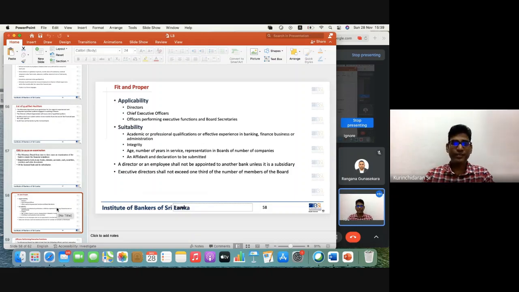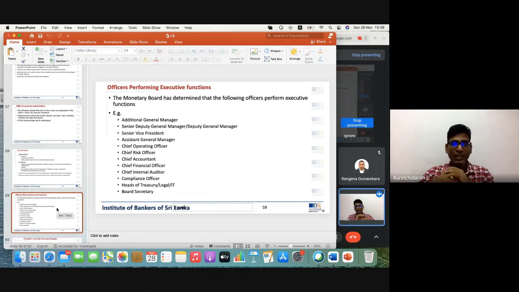And there are so many regulations under that, right? So how directors can be appointed, independent directors, so many executive directors. There are senior executive directors, several categories are there. So that's given. Based on those criteria, this senior management would be evaluated, and then the central bank will give their approval. So there's a fit and proper clause also there. Whenever there are changes, they write to the central bank, especially the bank supervision department.